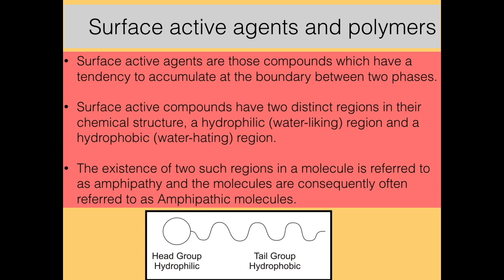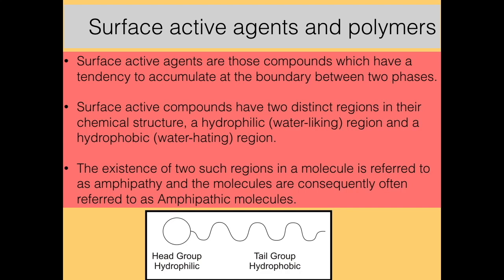For example, the lowering of the interfacial tension between oil and water facilitates emulsion formation. The adsorption of surfactants on insoluble particles enables these particles to be dispersed in the form of a suspension. Their adsorption on solid surfaces enables these surfaces to be more readily wetted, and the incorporation of insoluble compounds within micelles of the surfactant can lead to the production of clear solutions. So they are used in pharmacy in a number of ways.